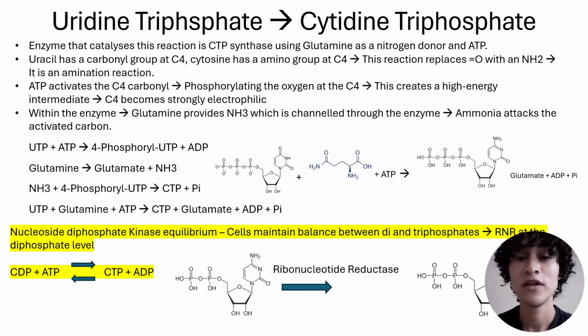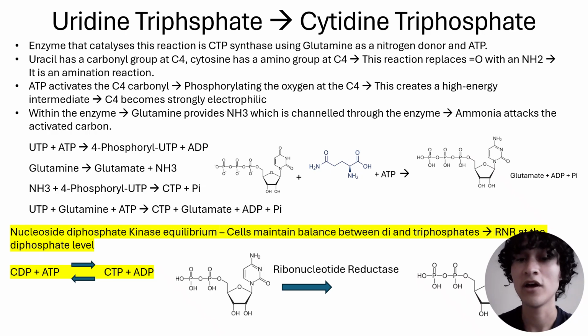Now, just to reinforce the idea of nucleoside diphosphate kinase equilibrium, our cells maintain the balance between di and triphosphates. So what's going to be happening is ADP is going to be used to accept one of those phosphates from cytidine triphosphate. So you get your cytidine diphosphate, depending on the ratio of cytidine triphosphate and cytidine diphosphate. And of course that's a reversible reaction, and readily available ATP